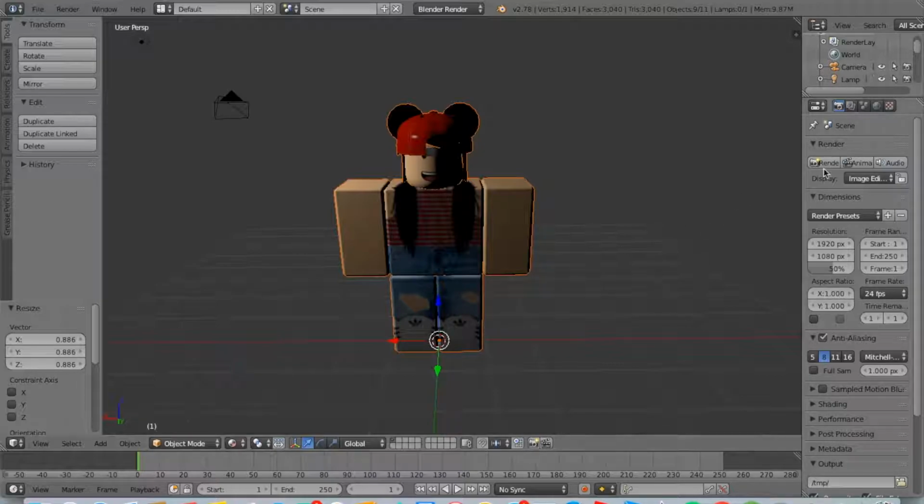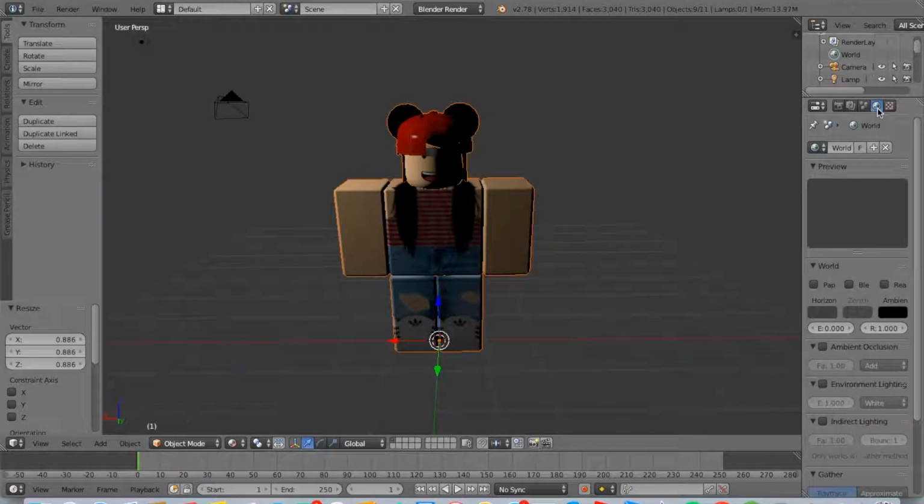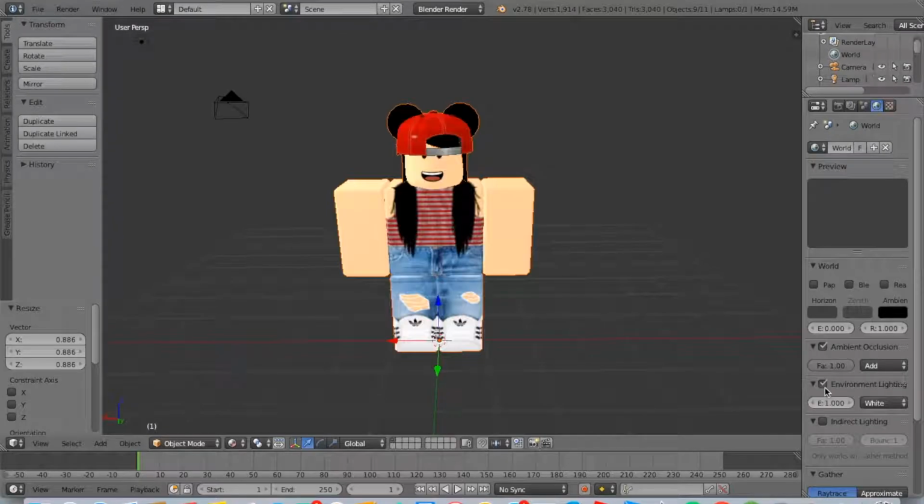So here's where you really have to pay attention. You got to go over to the world on the side of the screen, and you have to click Ambient Occlusion, and then the one under that, and the one under that. And you want all those open so you can actually see your character. So now go back to the camera,